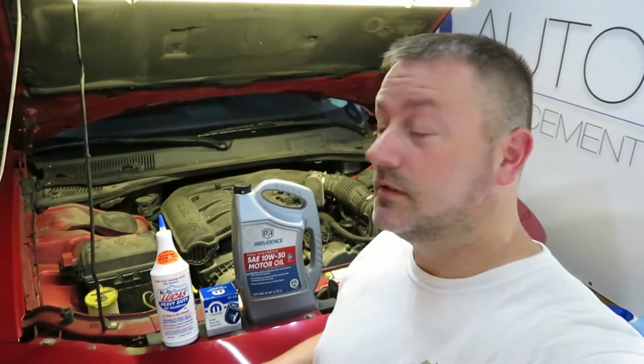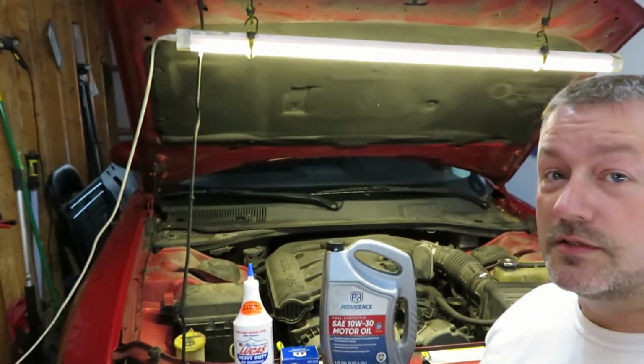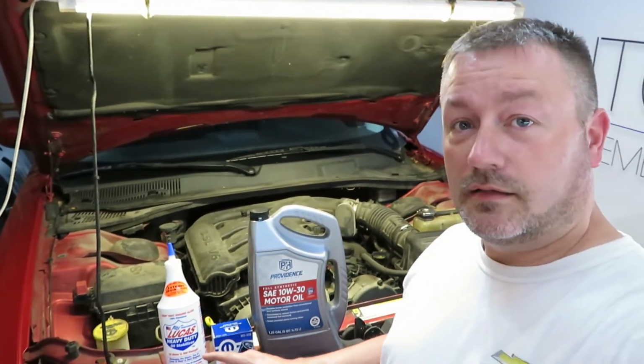Today we're going to be changing the oil, and if you've got a Chrysler 3.5, you've probably heard a ticking noise. It's common with these engines. There's a flaw in the way they manufacture the rocker arm assembly, so one thing I want to try to do to quiet this engine down is I want to try this Lucas oil stabilizer, and as you can see